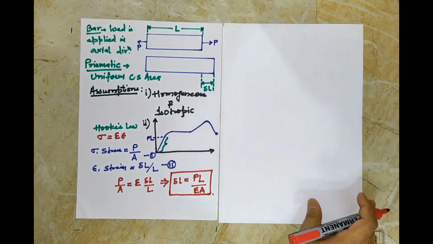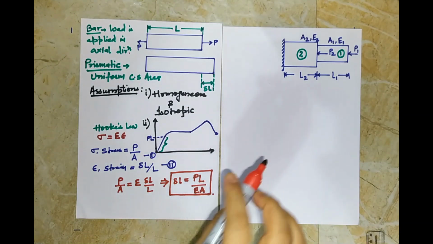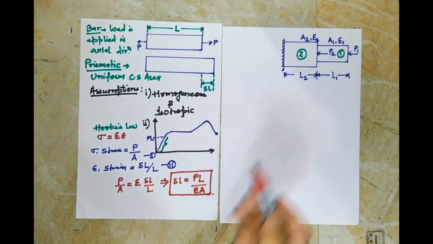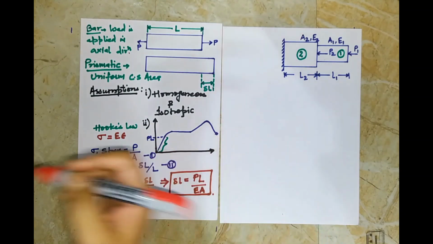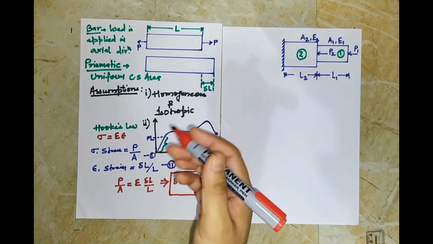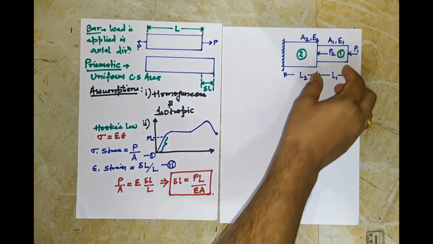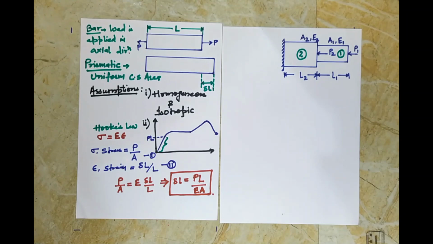Now let us take a slightly more complex situation in which we have a combination of two prismatic bars having different lengths, cross-section areas and elastic modulus, with loads P1 and P2 applied at these two positions. Okay, so we'll individually find out the change in length of each specimen and add them up, because it follows a linear relationship of addition. First let us find out the change in length of this first element. So let us draw the first element here.